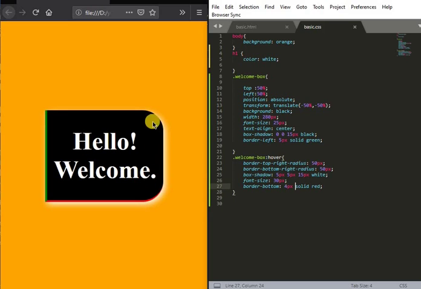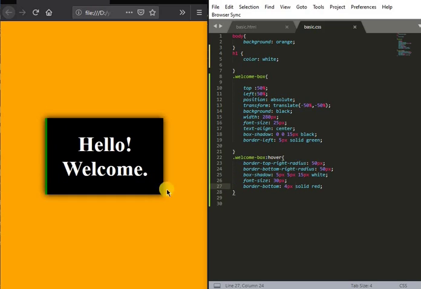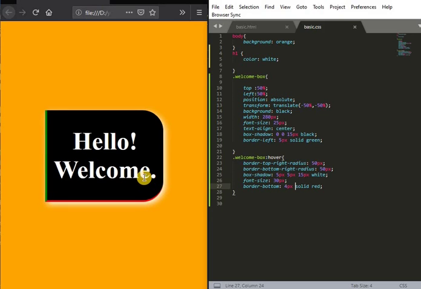border radius, this radius is chopped off. It is a curve with a radius of 50 px, and top and bottom right radius we have given, and we have given a box shadow of 5 pixel. Now you can see there is no shadow on the right top, and there is no shadow on left top, but there is shadow on right bottom, because we have given 5 pixel and 5 pixel as a coordinate. So we have increased the font size. As you can see, font size is increased, and border bottom is also given as 4 pixel red.